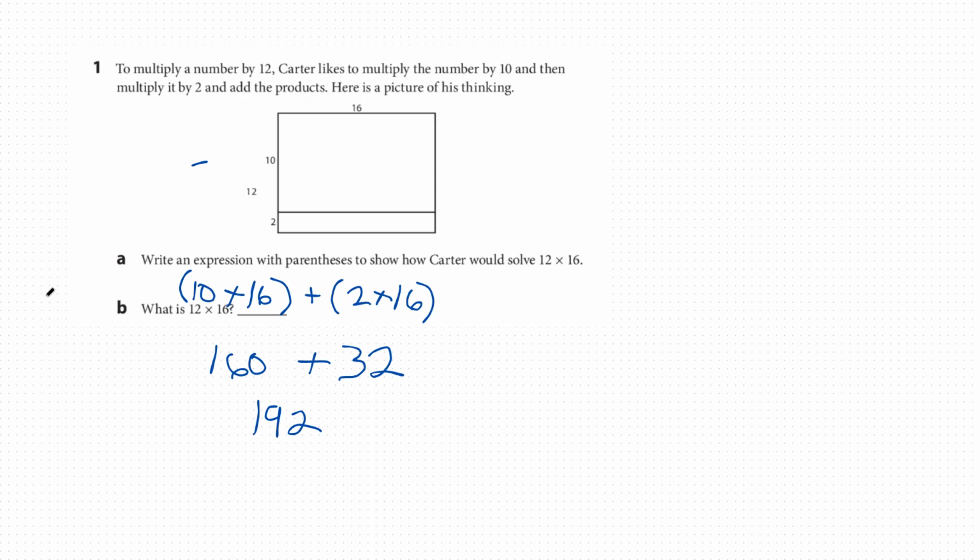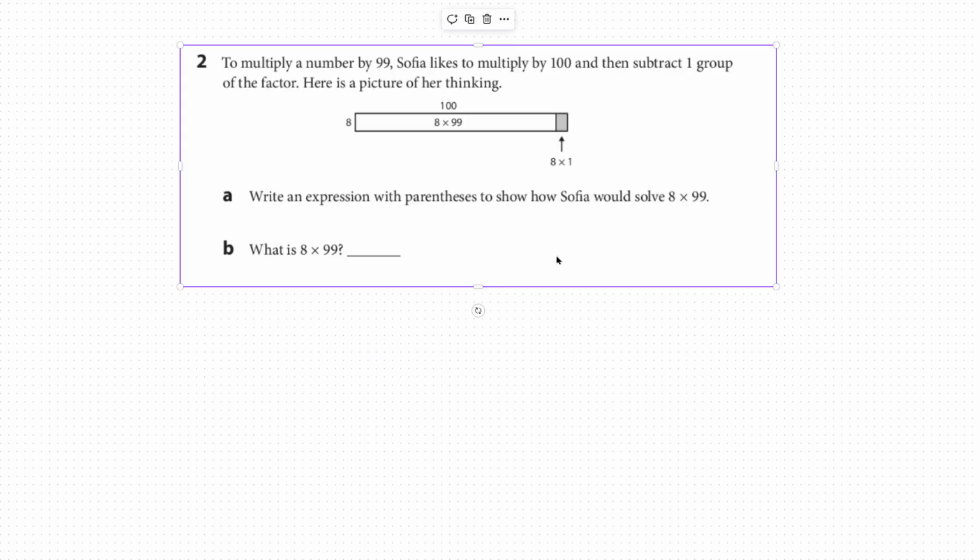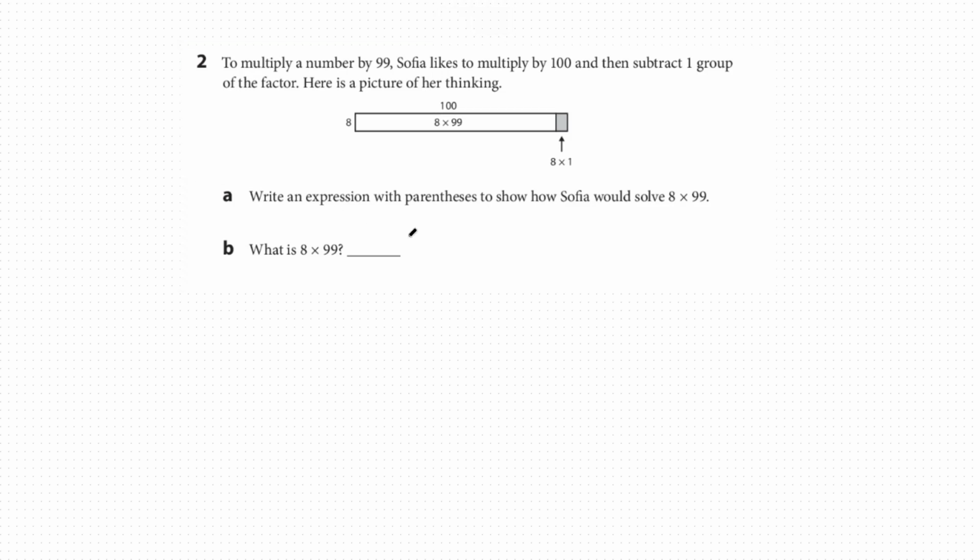Okay, let's take a look at another. Let me go ahead and erase this. Let's take a look at number 2. They're asking us to take a look at 8 times 99. So a way of thinking is to round that 99 to a 100. I don't know what 8 times 99 is, but I sure do know what 8 times 100 is. So 8 times 100